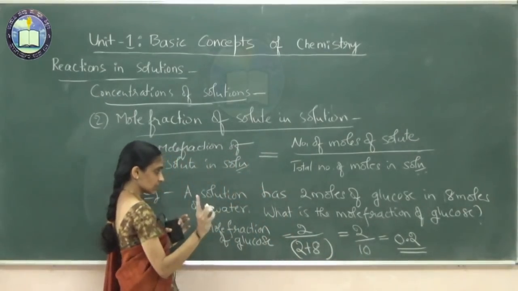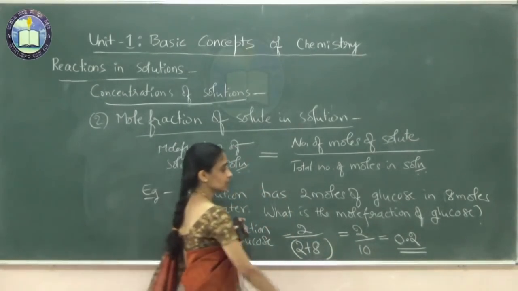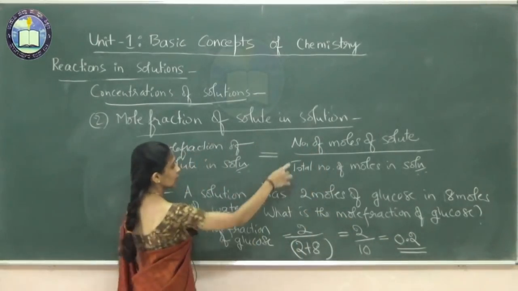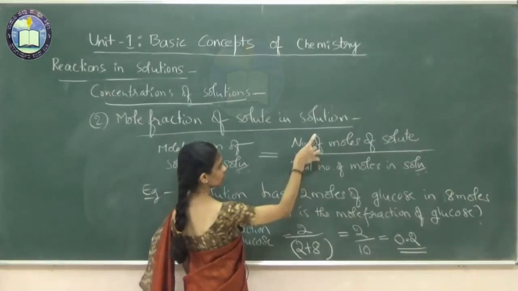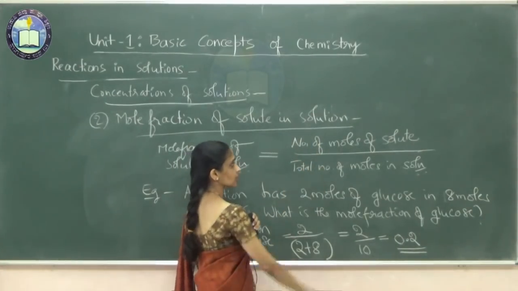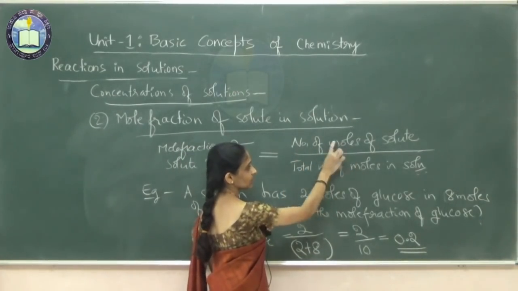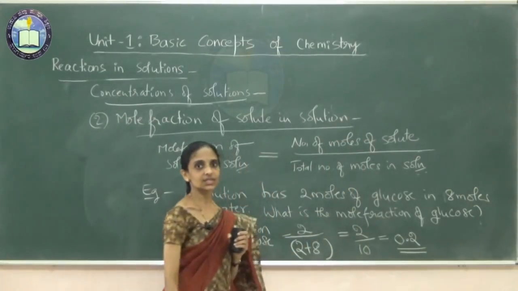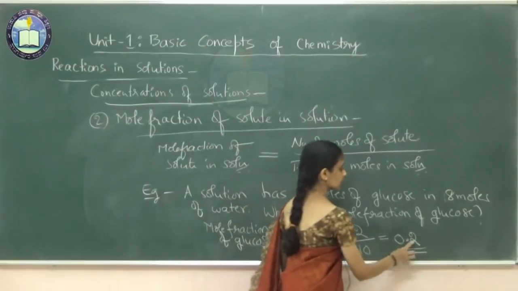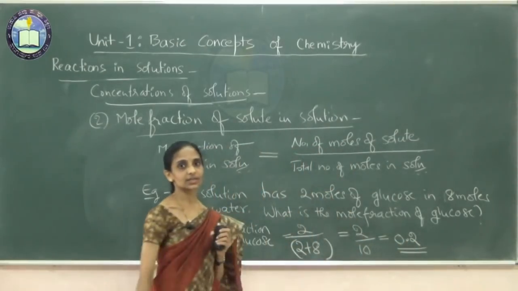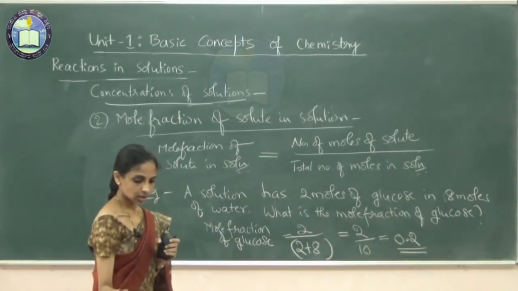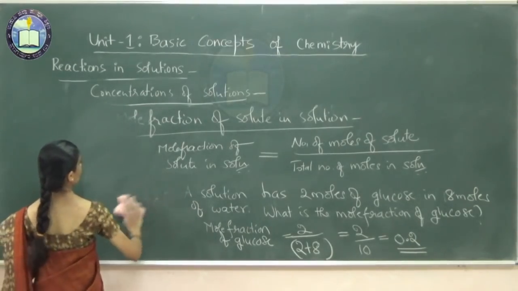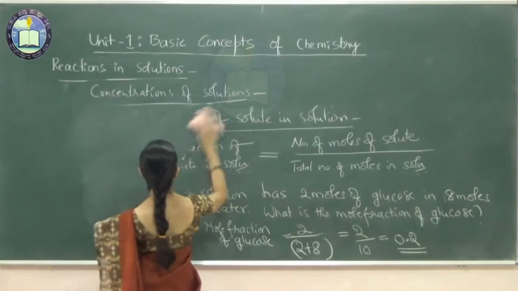Now, see that mole fraction does not have any unit, because in both the numerator and in the denominator you have the same term moles which get cancelled with each other, and this becomes a unitless quantity. Okay. So, this concentration term,